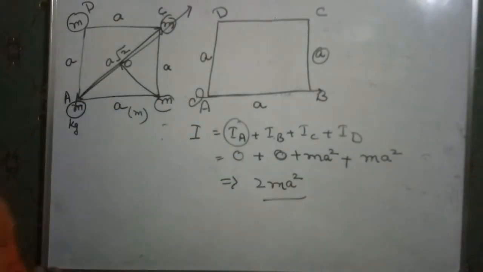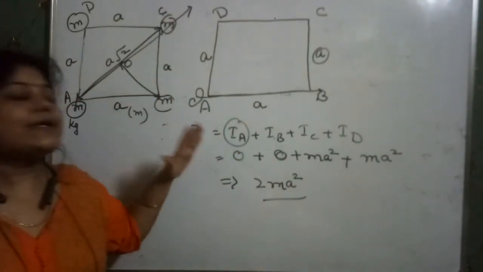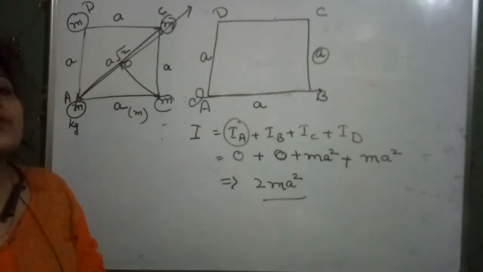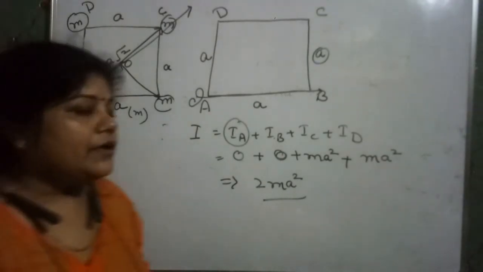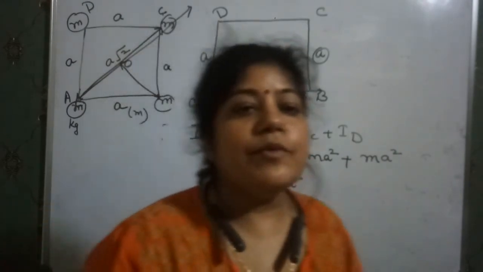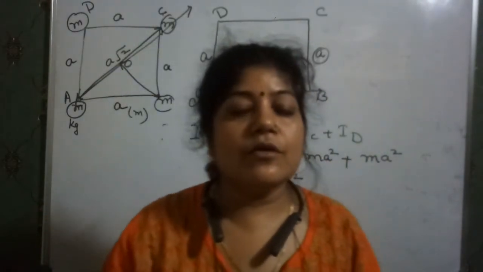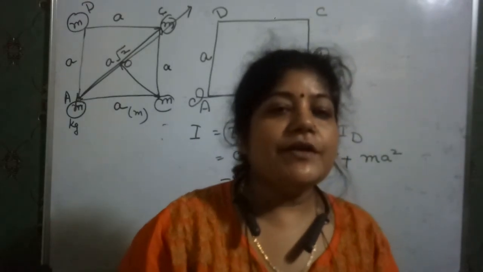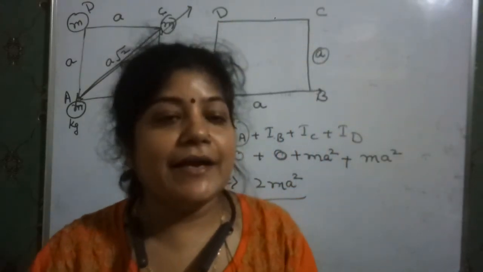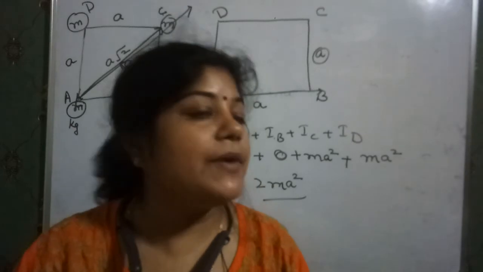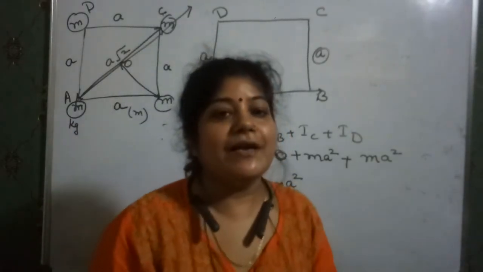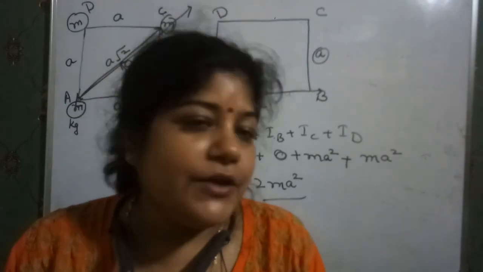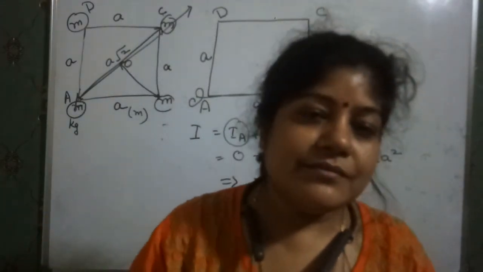Clear? So in this way, the distance from the axis of rotation plays a very important role in finding the moment of inertia. Now there are some cases, for example a thin rod or cylinder or cone or ring, where we have to derive different formulas, and after that we simply find the moment of inertia for that figure. I will make a separate video for that and you can consider that.